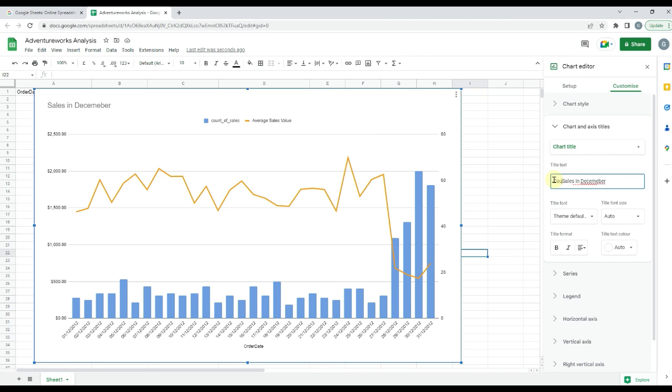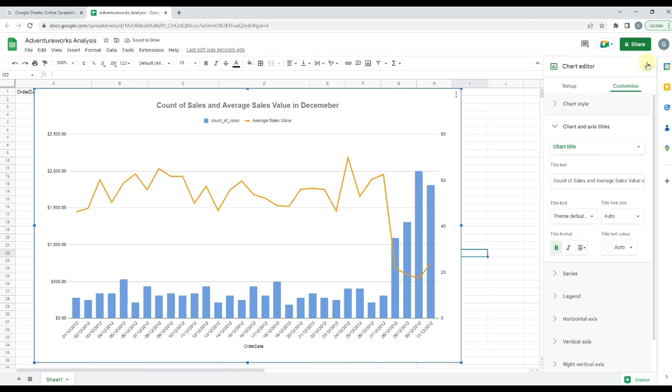I'll do count of sales in December. And average sales value in December, and we'll just center and bold this chart,